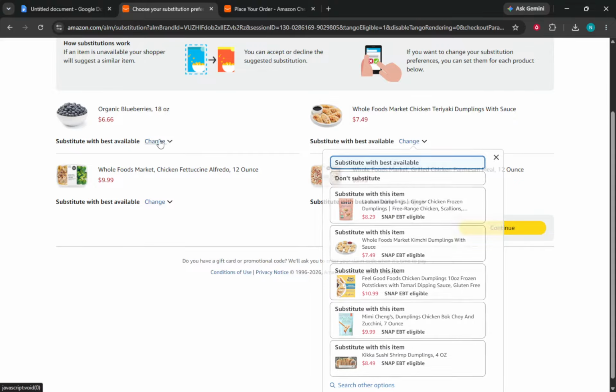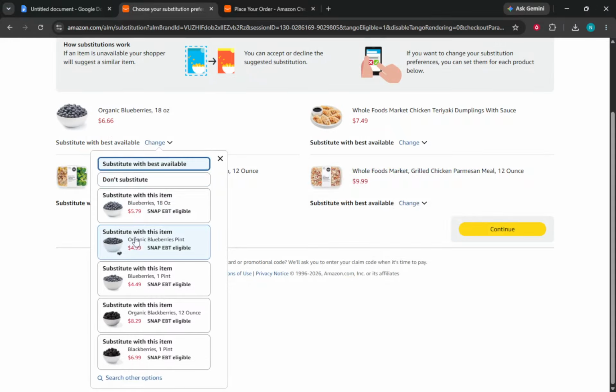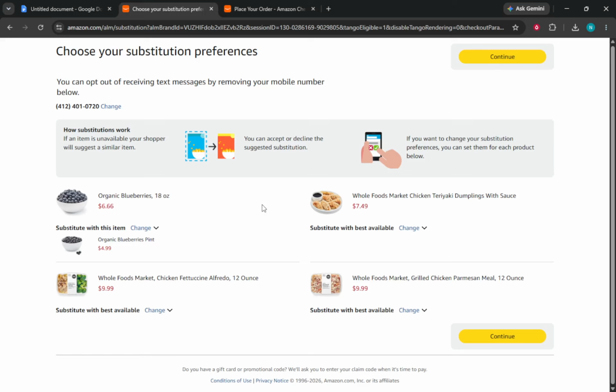This allows you to add or remove products from your order. You will see a button labeled Edit Items. Clicking this will open your order's contents. Here you can adjust what you want in your delivery. You might decide to add a few more groceries you've realized you need or remove items you no longer want. This flexibility is important because it ensures you get exactly what you need in your delivery.